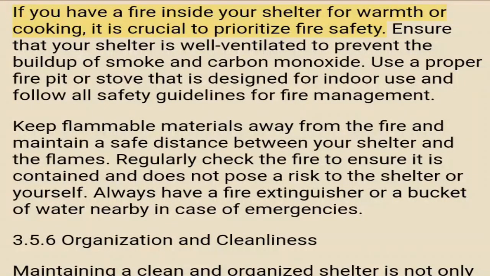3.5.5 Fire safety. If you have a fire inside your shelter for warmth or cooking, it is crucial to prioritize fire safety. Ensure that your shelter is well ventilated to prevent the buildup of smoke and carbon monoxide. Use a proper fire pit or stove that is designed for indoor use and follow all safety guidelines for fire